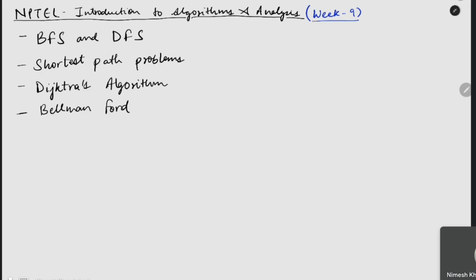So what we'll do as usual is I'll discuss some of the problems and the related theoretical concepts that will help you solve the assignment of this week. I'll start with some basic problems for graphs, and I'll take some problems from the previous week as well. So let's start with this problem